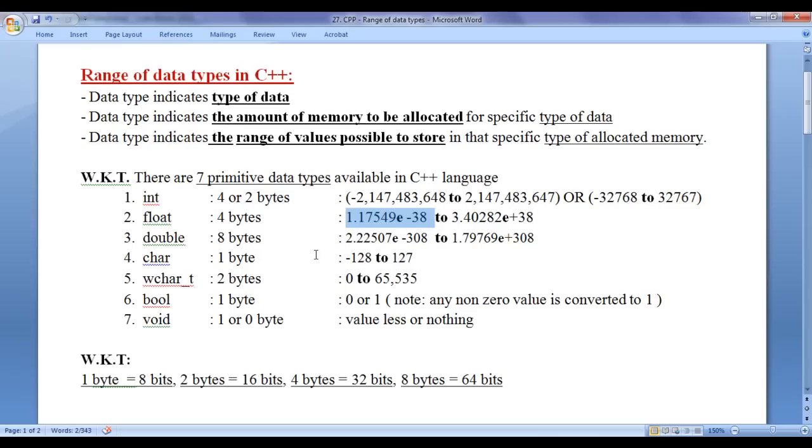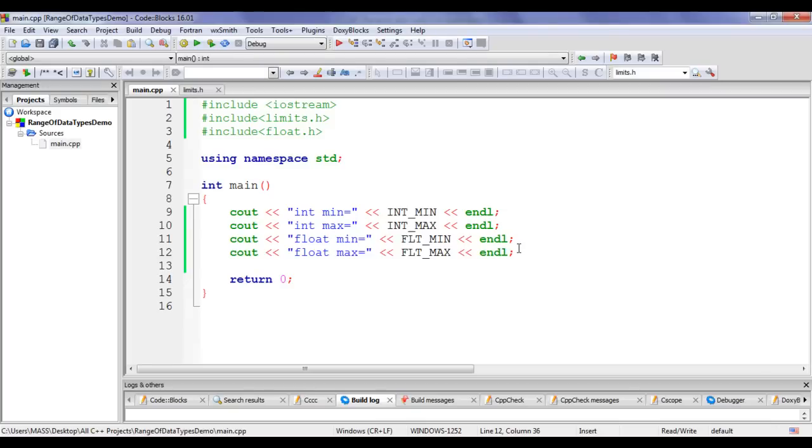Next we understand how we display the minimum value possible to store inside double type memory. And the minimum value possible to store inside double type memory is 2.22507 E minus 308, guys. I go here, I am going to copy this line of code and paste down.